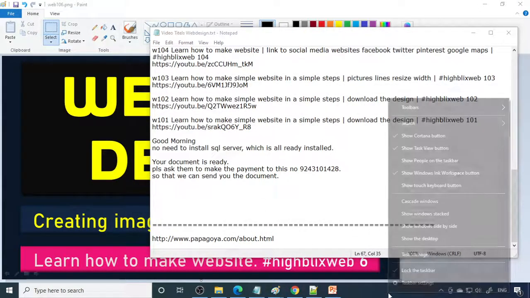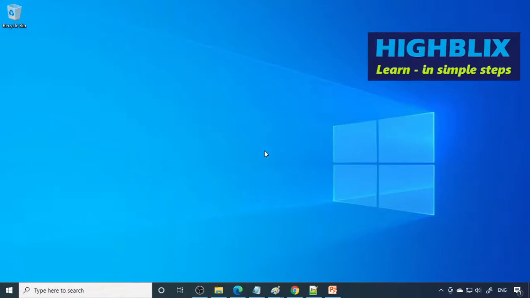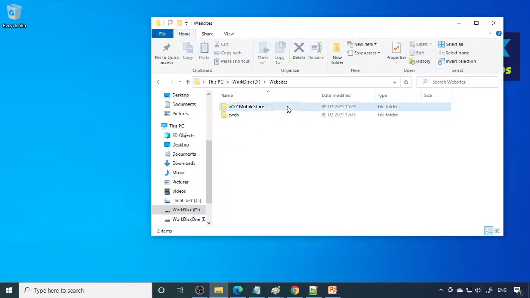Now here we learn all the things step by step. I'll show you how to build the whole website in a single page. For that, let's make a folder here. Let's create a new folder, and I'll name it W10T website. Done. Here you can see it's a totally empty folder. There is nothing here, so we create everything from scratch.